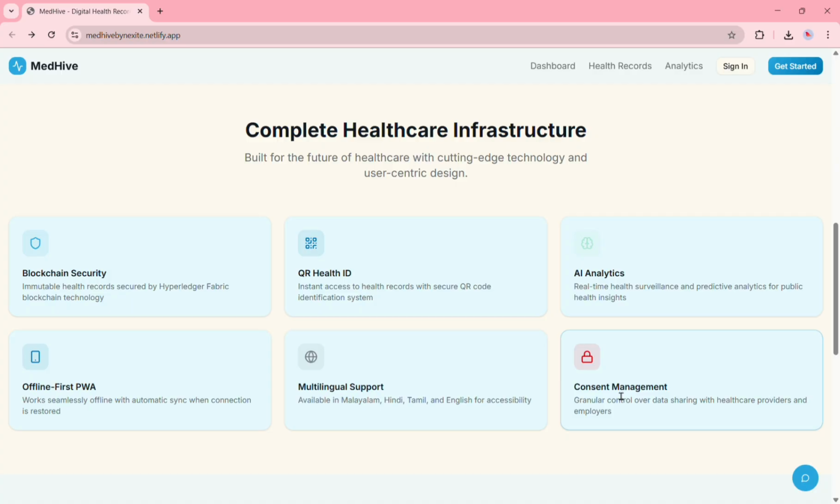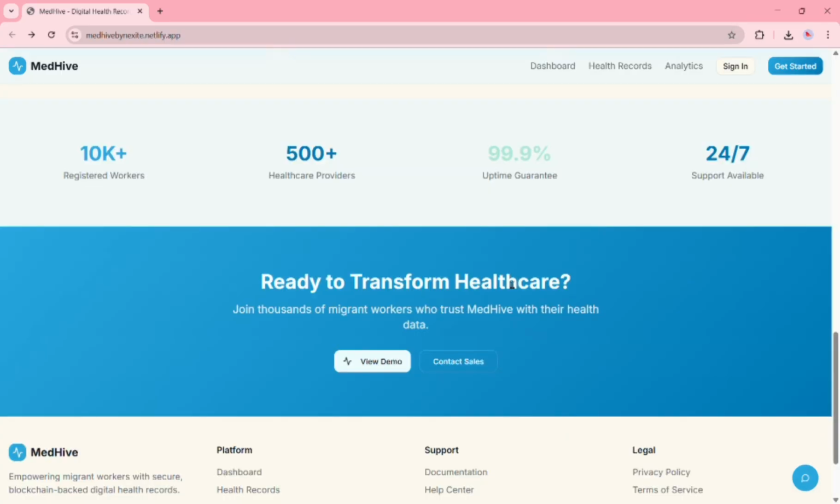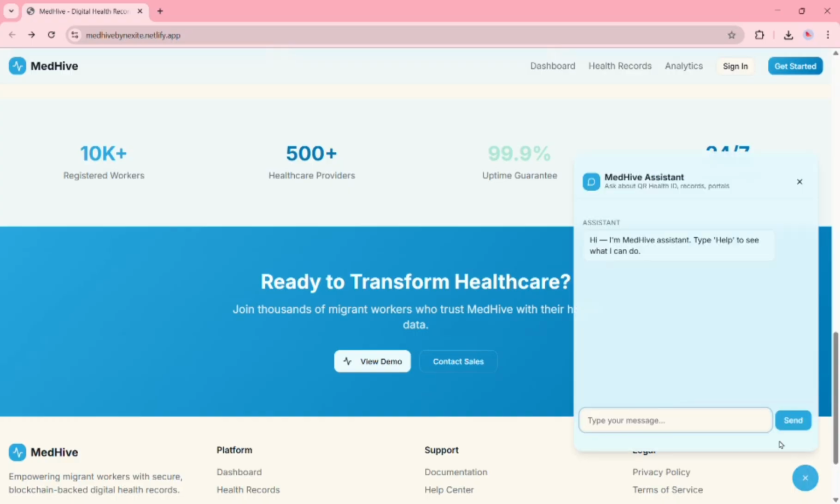Consent is explicit. Along with managing workers and compliance, the portal also comes with a very useful feature, an integrated chatbot that helps workers resolve their issues quickly. This chatbot works like a digital assistant. Migrant workers can simply type their questions or select from suggested options. For example, if we ask the chatbot to show the record,